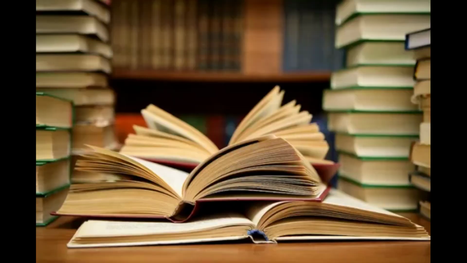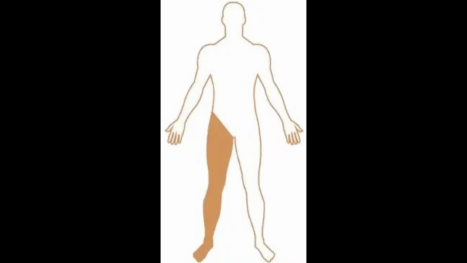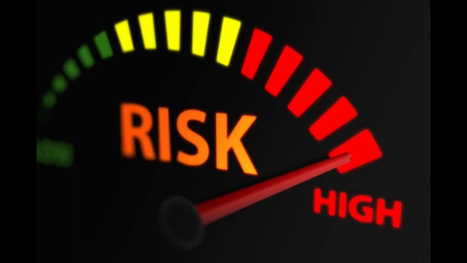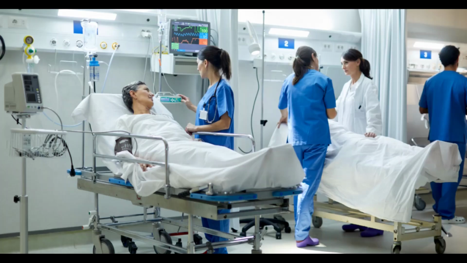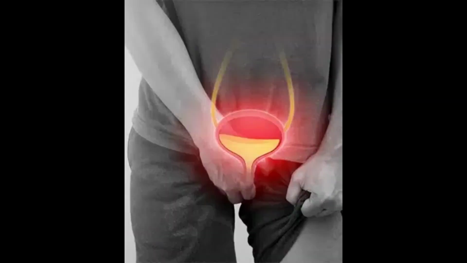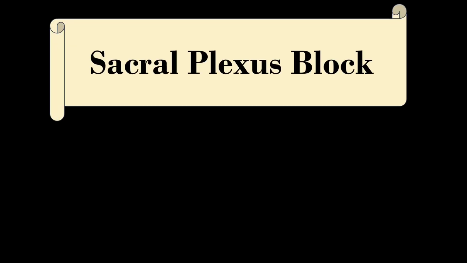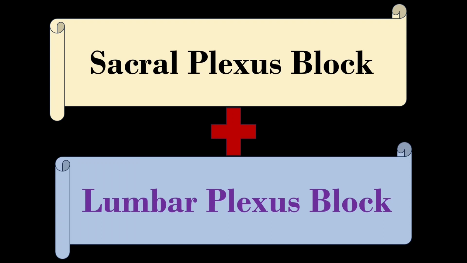According to the evidence from the literature and our personal clinical experiences, lumbar plexus block is preferred over spinal or epidural anesthesia because it provides unilateral lower limb anesthesia, especially in high risk groups with excellent intraoperative or postoperative analgesia. The problems associated with the epidural or the bilateral spread of the drug following lumbar plexus block include hypotension, urinary retention, and nausea vomiting. When you use the sacral plexus block along with the lumbar plexus, sacral plexus block can